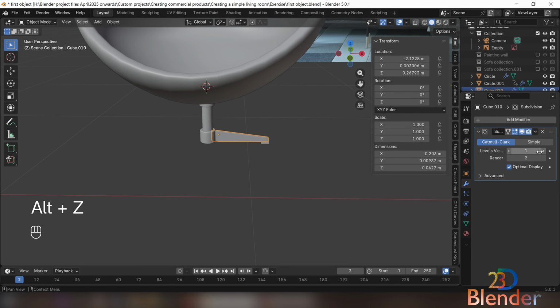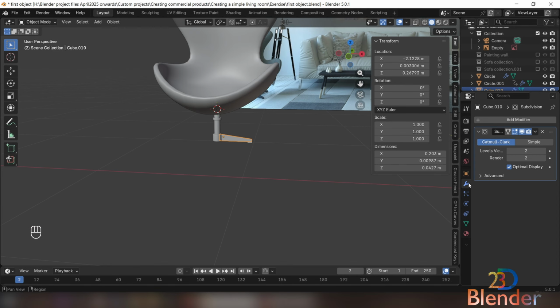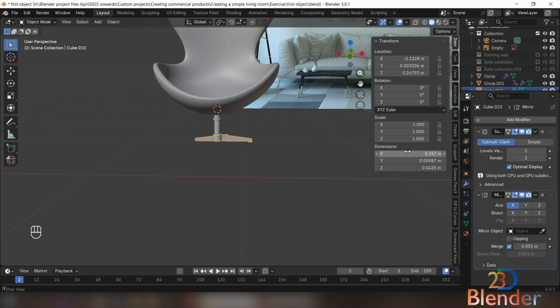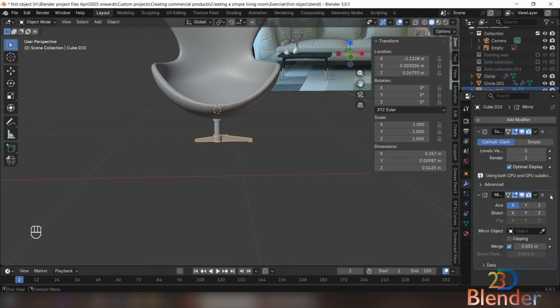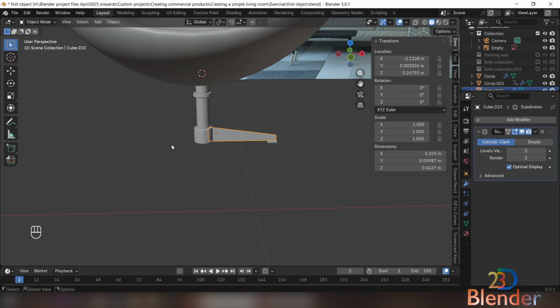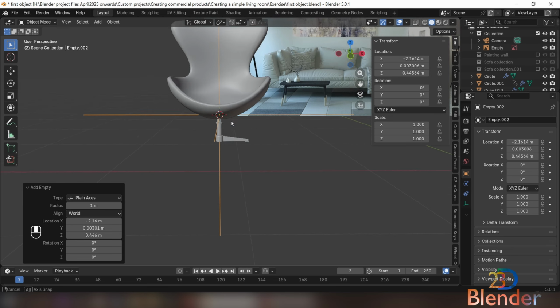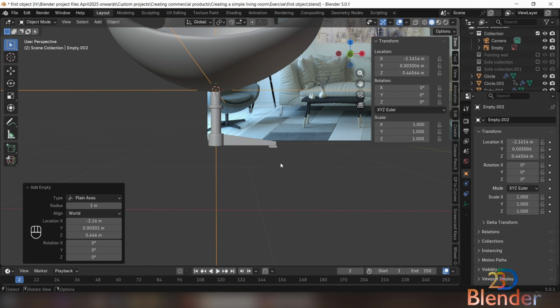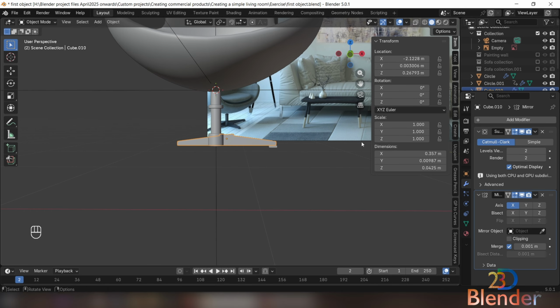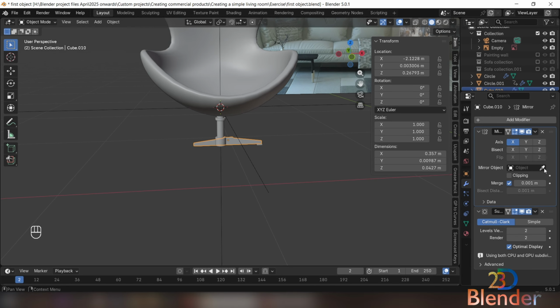So how can we do it? So for that we will use mirror modifier, because if we try to use mirror like this, it won't work. You can see that it's not working properly. It's working for X, but it won't work for Y. So we will use our empty solution. Let's hope it works. This is the empty, and let's add mirror modifier again, and place it at the top. And now let's select our empty 002